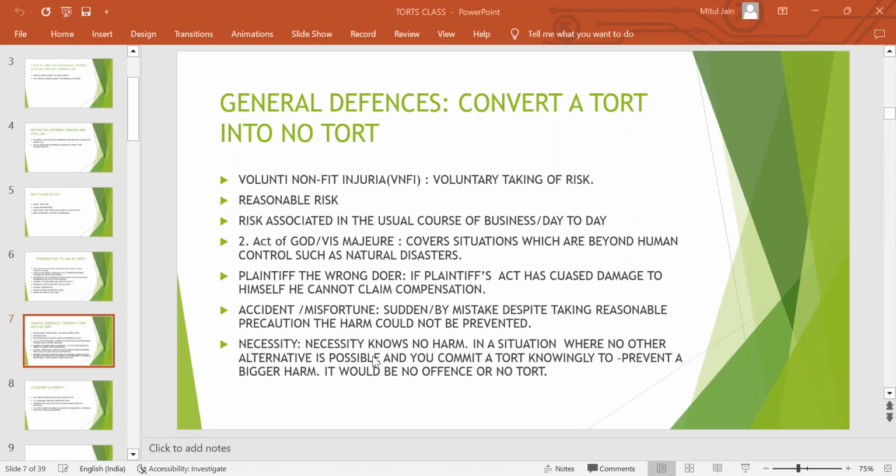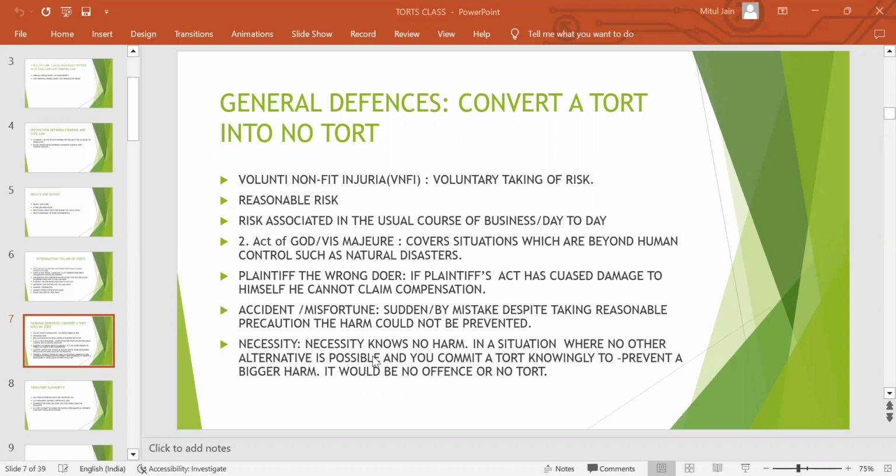Now, suppose you were driving your car on a highway or on a road within the speed limits, and suddenly a coconut tree falls right in front of your car,